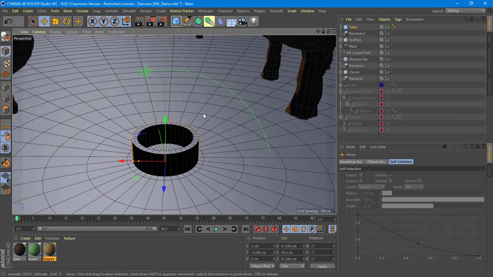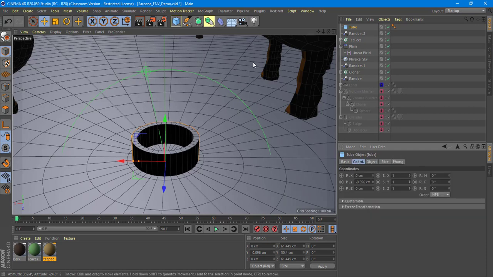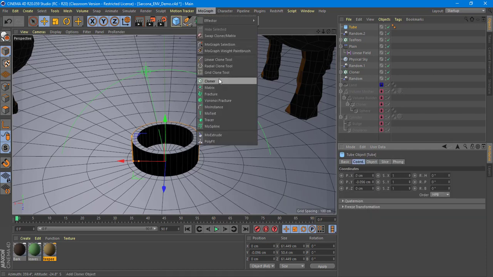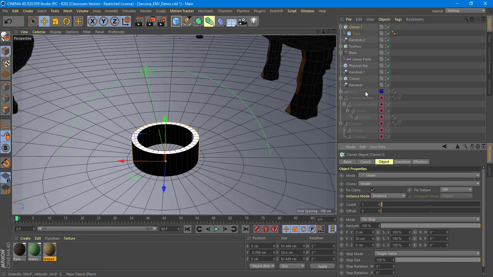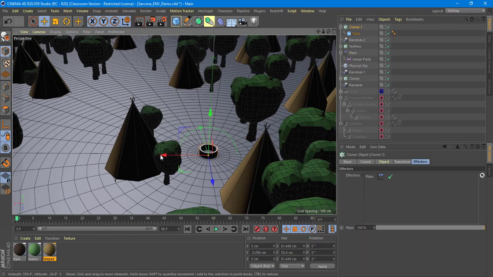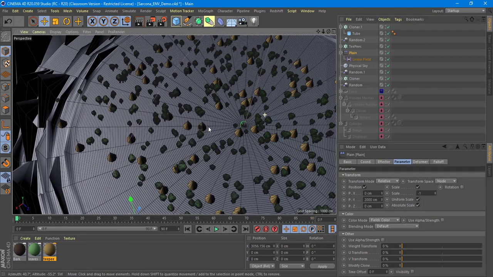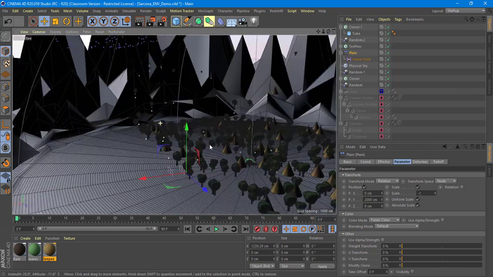Okay. So I only want this one item, but I still want to be able to control it with this plane effector. On the tube itself, you'll see there is no effector area. There's nothing, or field area, there's nothing for me to connect. If I just put this into a cloner by itself, set the object to 1, and leave it at linear, well, now it has the effector area, and now I can drag that into here, and then I can go to the plane. Right there. And now as I drag this across,